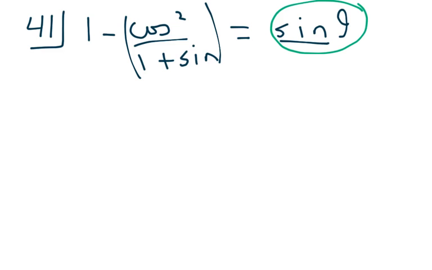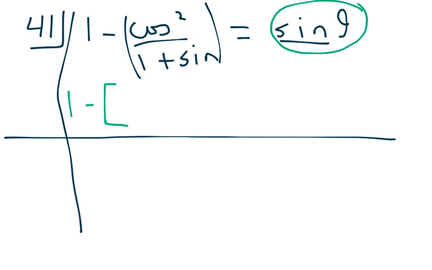So I need to simplify this side, and I can't simplify the 1. So what I'm going to do is write cosine as 1 minus sine squared. So I have 1 minus sine squared over 1 plus sine,